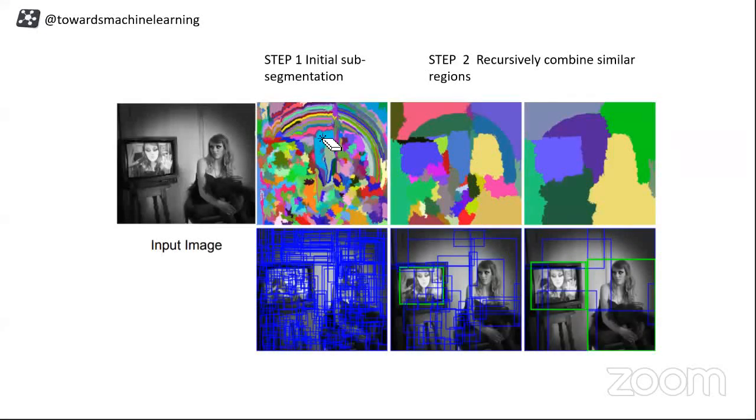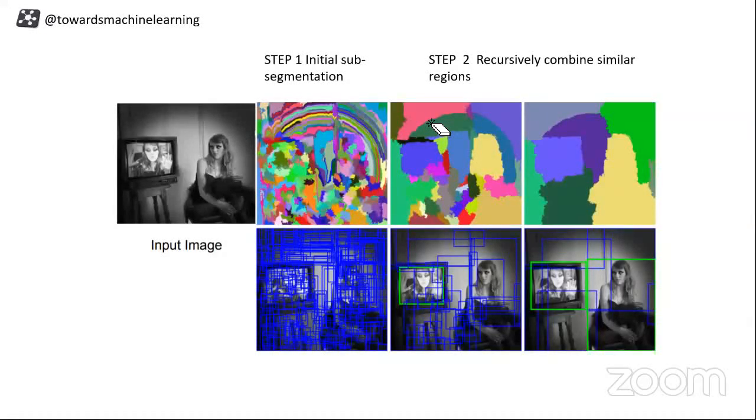When the selective search algorithm starts, it's randomly based on the color and the texture. It just randomly allocates them some segments or say colors. And in the next recursive steps, it combines different segments on the basis of texture as well as color as well as combination. What was the combination? If two different objects are fitting into each other, they will be the same object, and hence they should be colored the same.